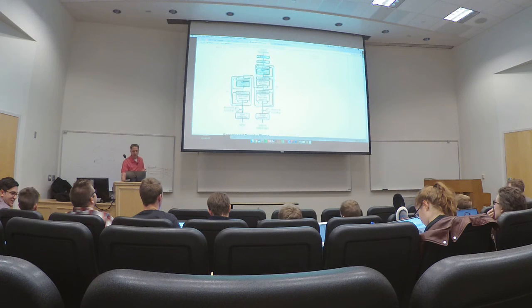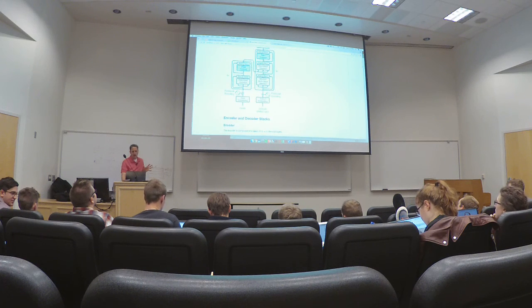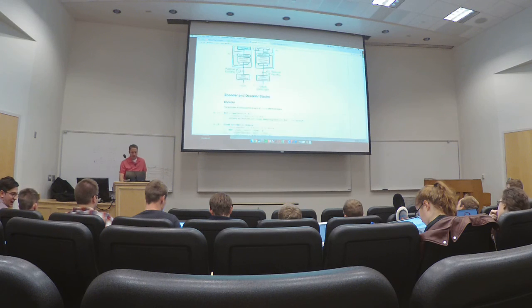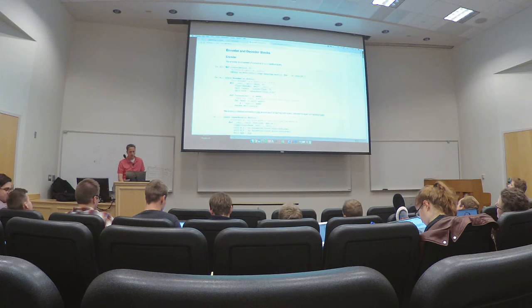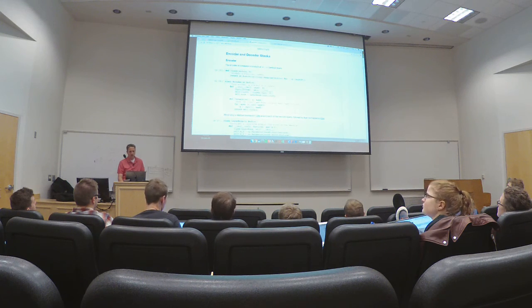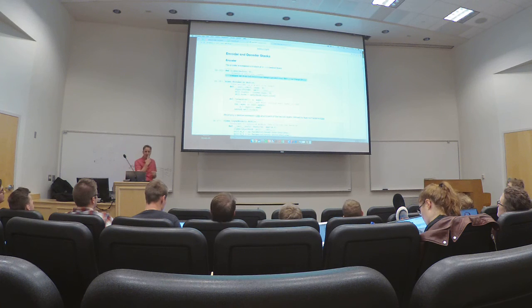Okay, so now they get into the meat of it. So they're going to talk about the encoder stack and the decoder stack. So remember that what we mean by stack is that there are 6 of these things. And so they have a very simple little class called Encoder that just takes a single layer of your encoder and then replicates it n times. Okay, so it calls this clones thing. And clones produces a deep copy of whatever layer you hand me. So you hand me a layer, I'm going to copy it n times.